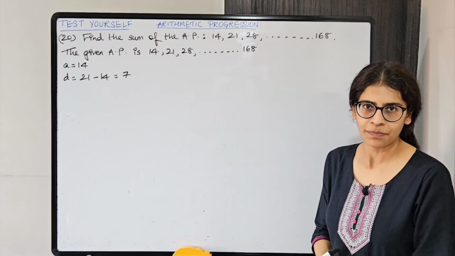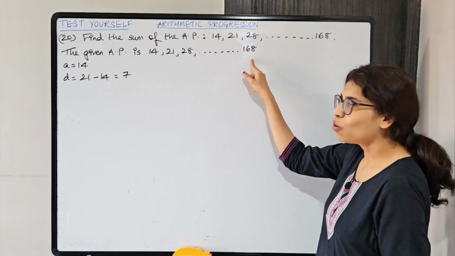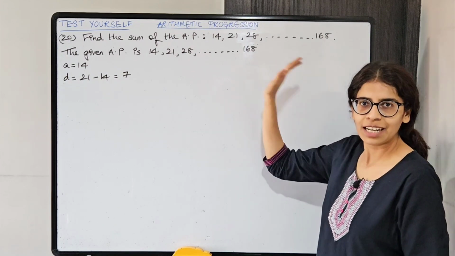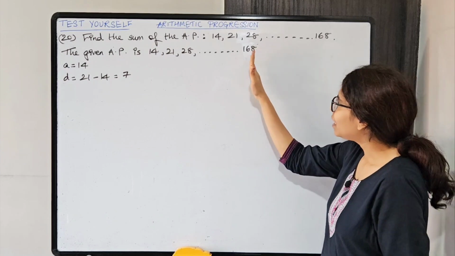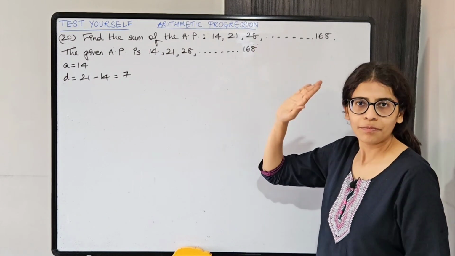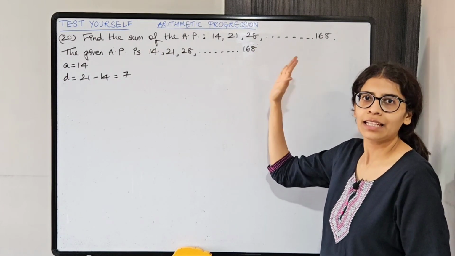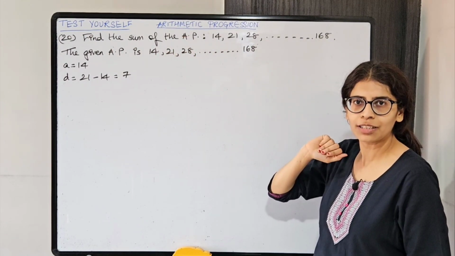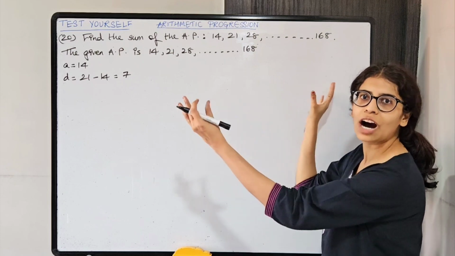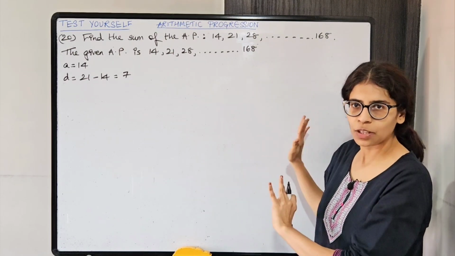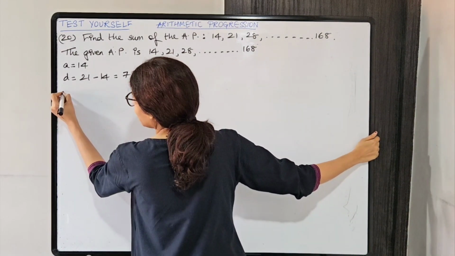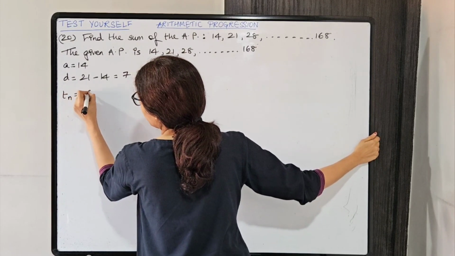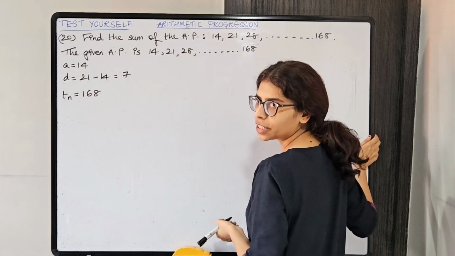We don't know. Okay, so we know the last term. We know that 168 last term है. So let's say that this is the nth term. Okay, let's say कि ये nth term है, ये first है, ये second है, ये third है, तो ये कौन सा वाला term है ये find out करते हैं. n पता चलेगा तो we'll know how many terms are there in the AP. Okay, so Tn is 168. All right.